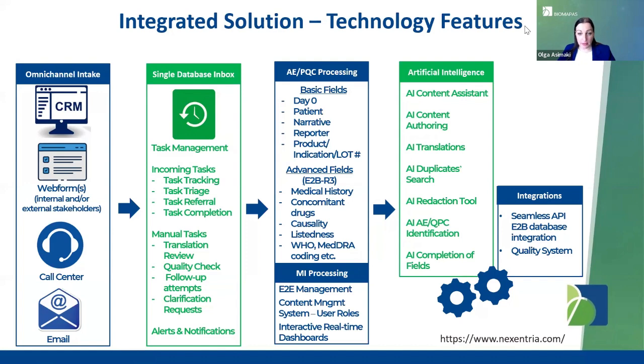So yes, for the MI processing and for end-to-end management, a content management system with different user roles and permissions is very important. Even if you are within the same company, or a CRO with a pharmaceutical company, you can be the author, the reviewer, the approver of documents, and of course interact at the same time and have interaction in real time. That was to show you the use of the responses or help you identify